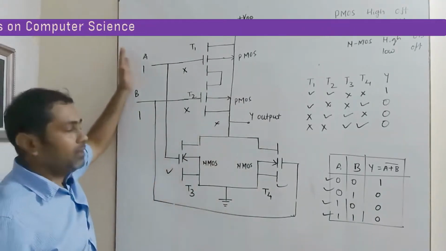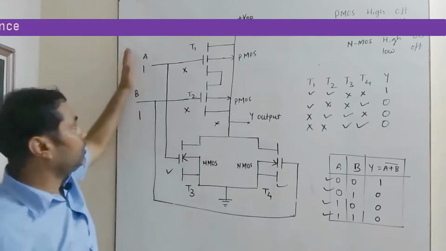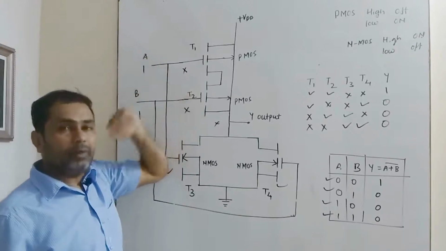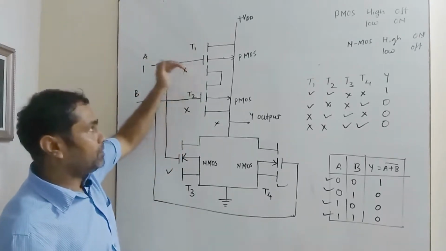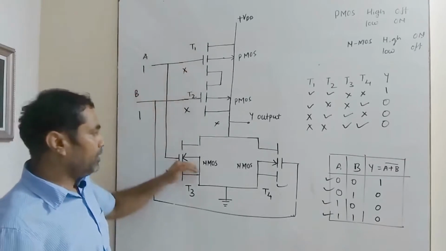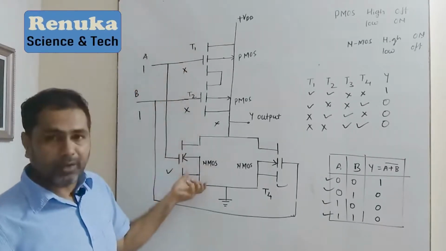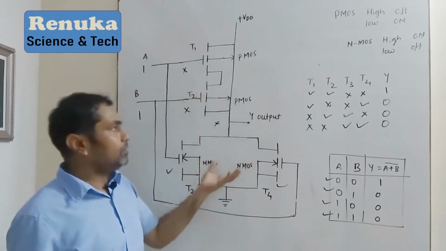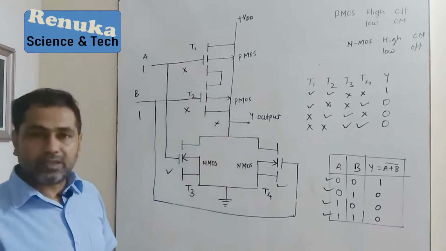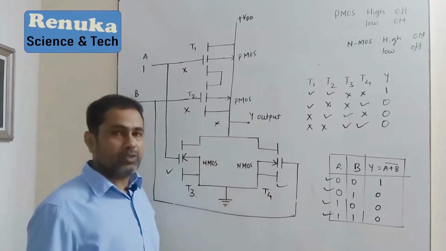Second thing, the complementary connection. If inputs are to be applied at the gates, what do we have to do? We have to make a complementary connection. If you have taken a PMOS, then the same gate should be commonly connected to the input of the NMOSes. So that will form a complementary connection. So this circuit can be memorized using just these circuit details. So this was all about the NOR gate using CMOS.